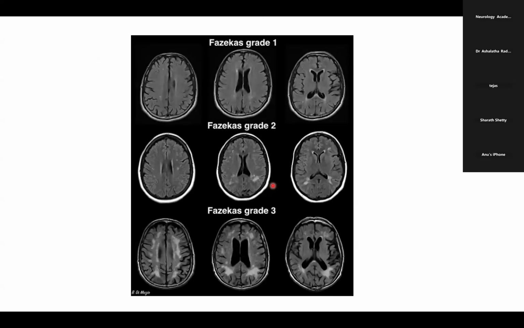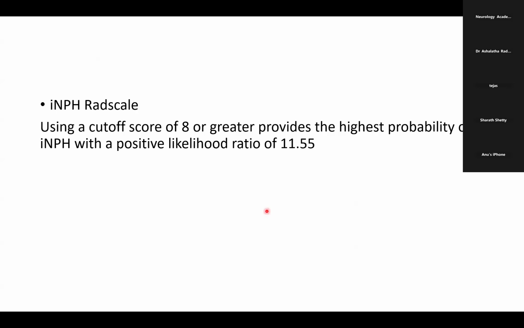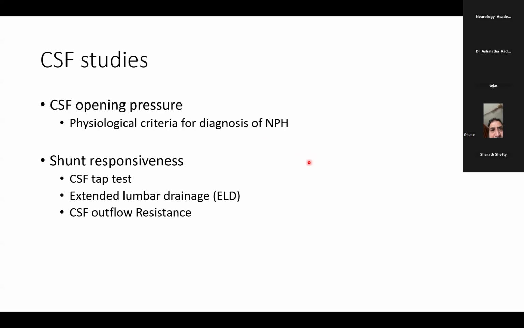The last component of the iNPH radscale includes Fazekas grading. There are periventricular white matter lesions evaluated using the Fazekas scale. 0 points are given if there is Fazekas 0. 1 point is given if the patient has Fazekas grade 1, and 2 points are given if the patient has Fazekas grade 2 or Fazekas grade 3. The total cutoff score of 8 or greater provides the highest probability of idiopathic NPH with a positive likelihood ratio of 11.5. Coming to the CSF studies, CSF opening pressure is the physiological criterion for diagnosis of NPH, in